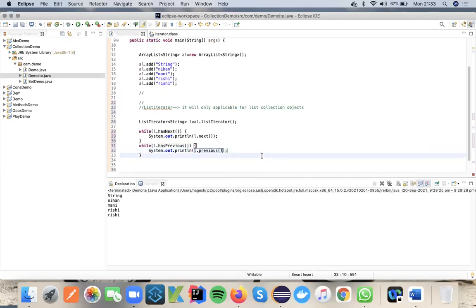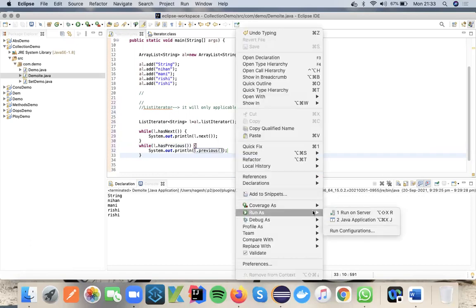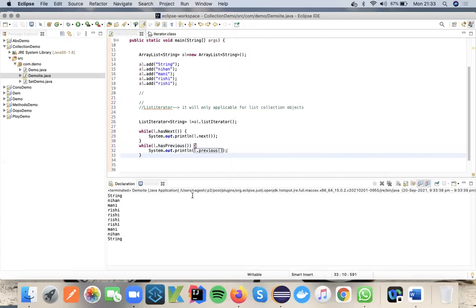So now you can see what will happen. String Nihan, Mani, Rishi, Mani, Nihan string. The first is the forward direction and the next is the reverse direction.